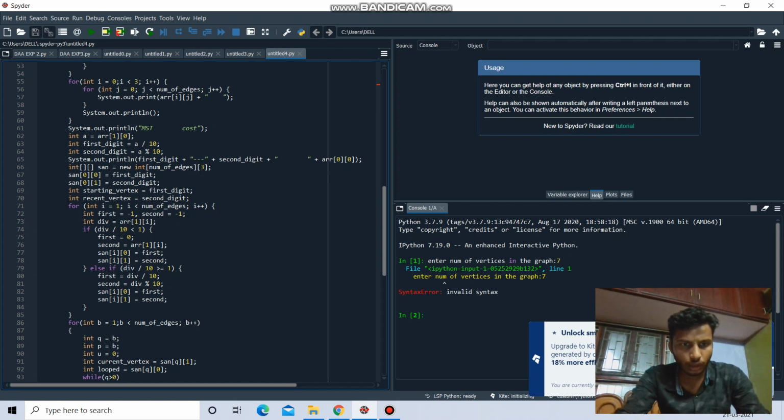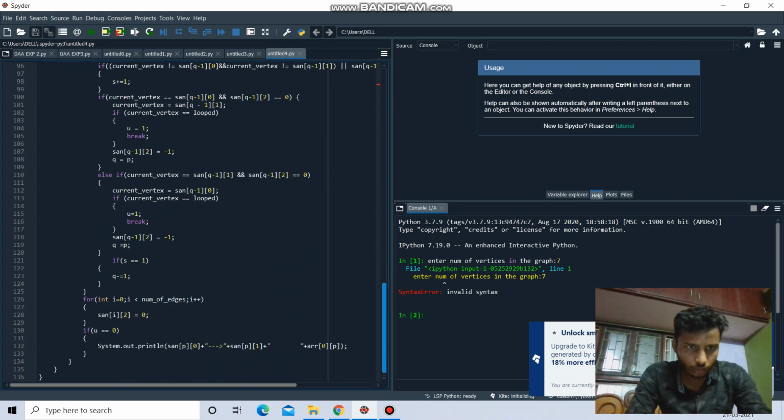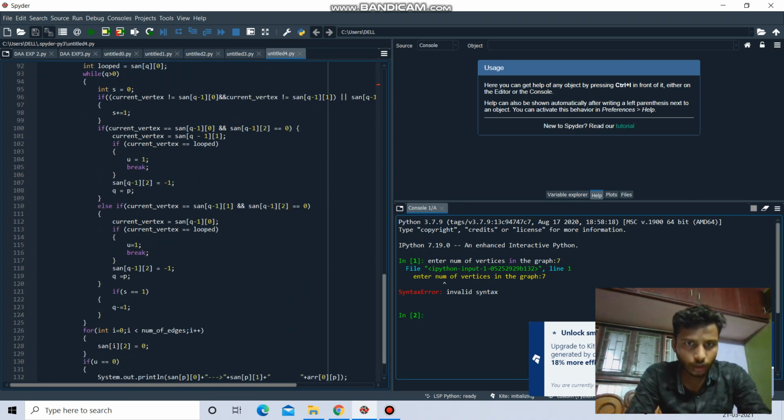B is equal to number of edges, B plus 1. Q is equal to B, P is equal to B, Q is equal to 0. Currently the vertices are the same, the Q as 1. That's it, Q as 1. And then we have to take these vertices. Then currently again we have to take this current loop. And then else you have to take